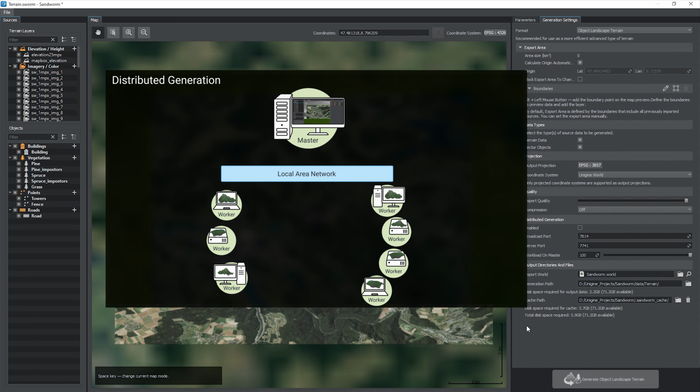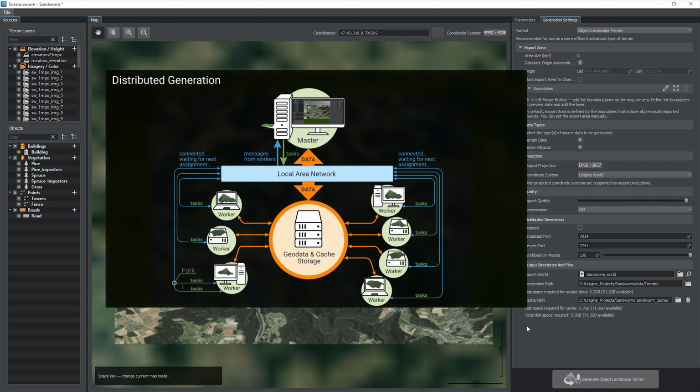It is recommended to use a network with at least 1 GB bandwidth. Also, make sure that the antivirus software and firewalls on the machines do not block the broadcast channel. It is likely that your source geodata is going to take up a lot of space on the hard drive, so we recommend keeping all the data on the shared network storage so that all workers have access to it. Of course, the throughput capacity of the storage device is crucial for the best data exchange speed and generation time.